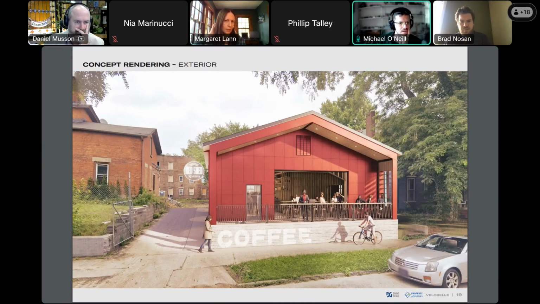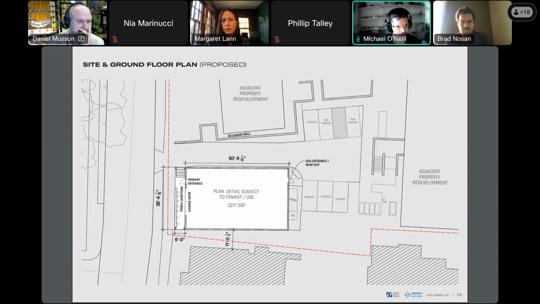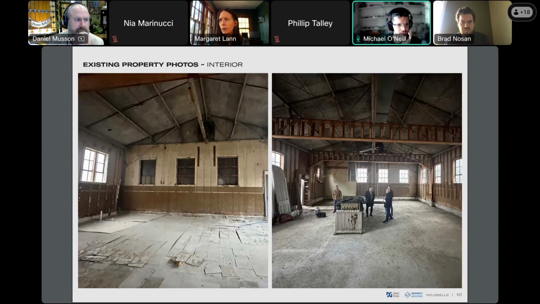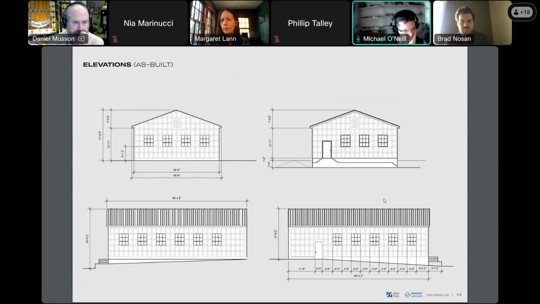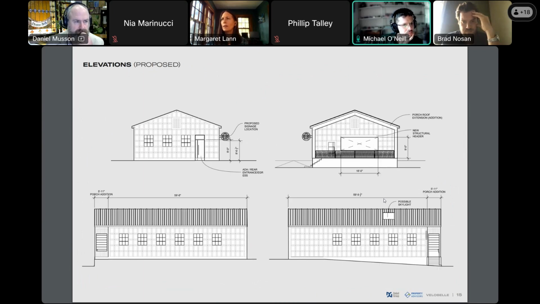If you go to the existing exterior photos, they're closer to the beginning of the presentation, or we could look at the elevation too, either one. You can see in those exteriors there are these three windows on the front in the upper right elevation, and there's an existing man door that we would try to keep. I would like to see a cut sheet or something to understand what the garage door looks like. I don't know about anybody else.